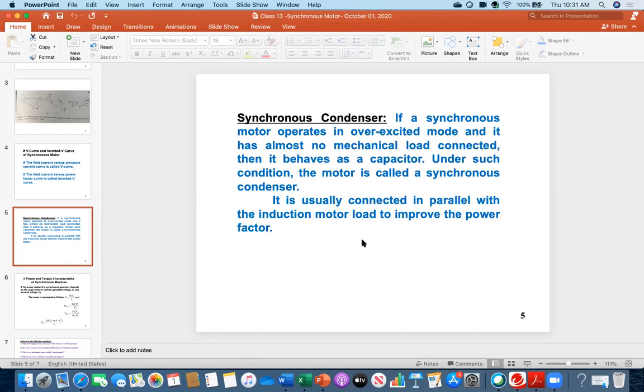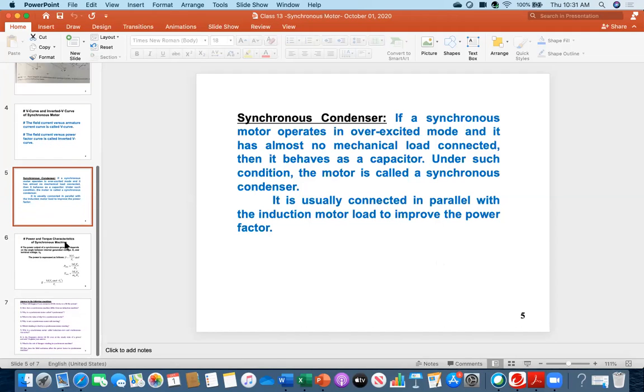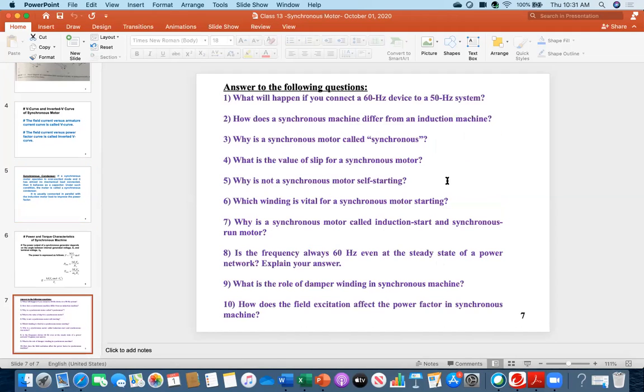Okay, so I think everybody understood. Now moving forward, I have set up some questions today so that you all can participate, and then you will be done for today. Everybody see, there are some setup questions for the synchronous motor and synchronous generator. So the first question, everybody see,